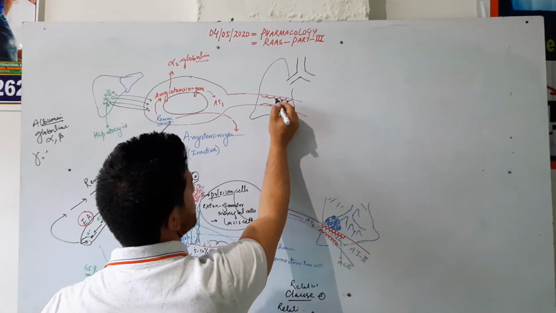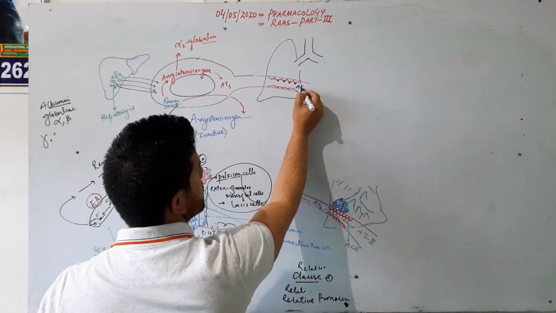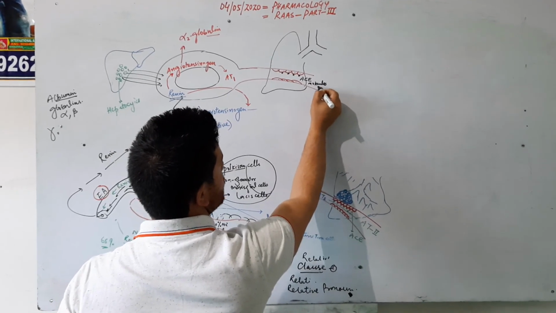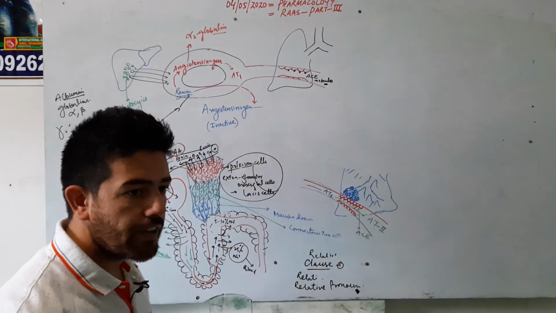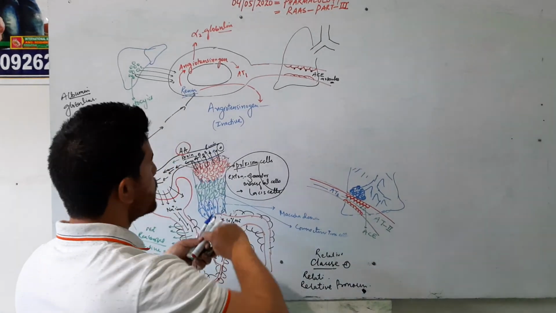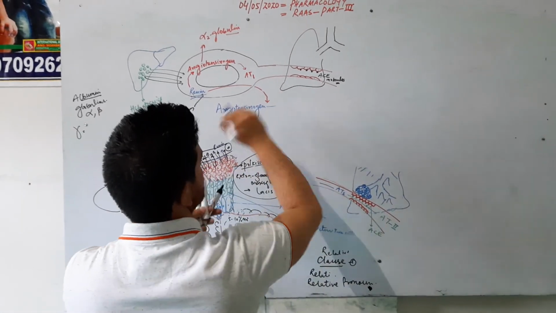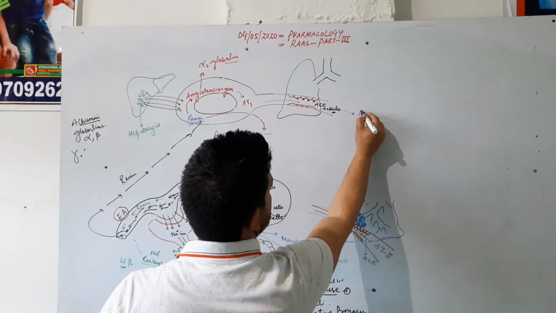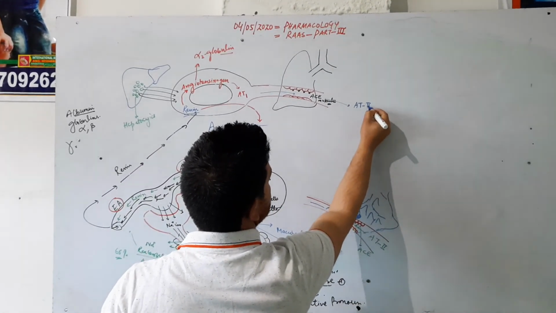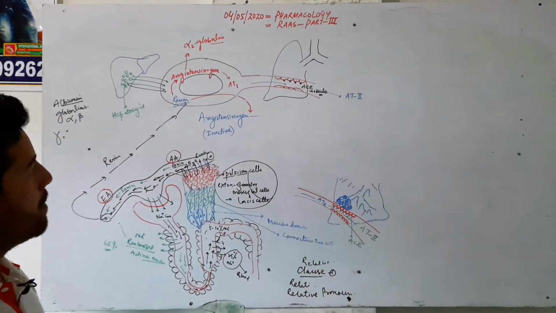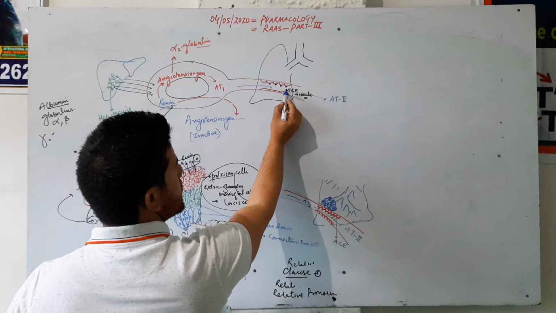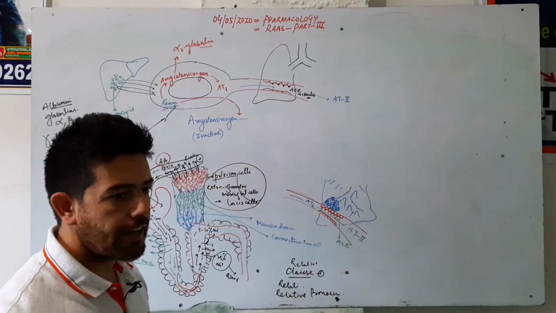Enzymes, these are called ACE molecules, and these are actually called angiotensin converting enzyme molecules. As soon as this AT1 moves towards these, this AT1 is converted into AT second, that is angiotensin second. Moreover, we must understand that this ACE is actually performing a second function, and that second function is